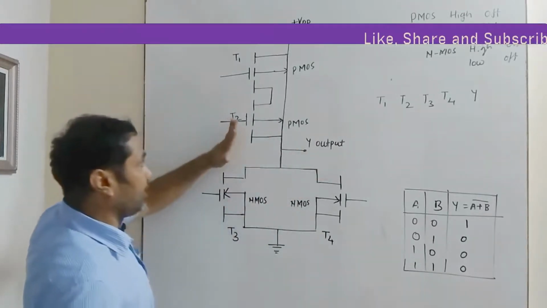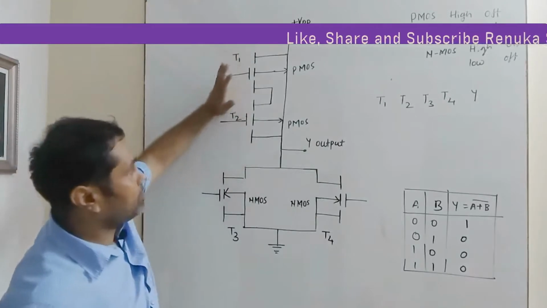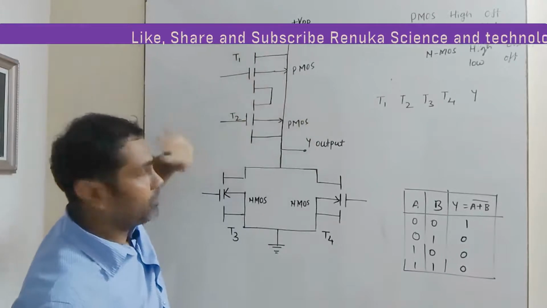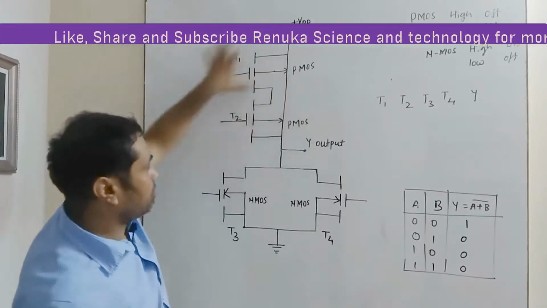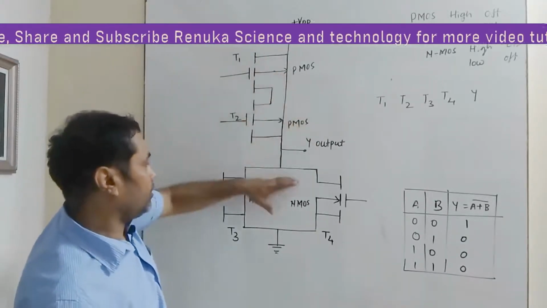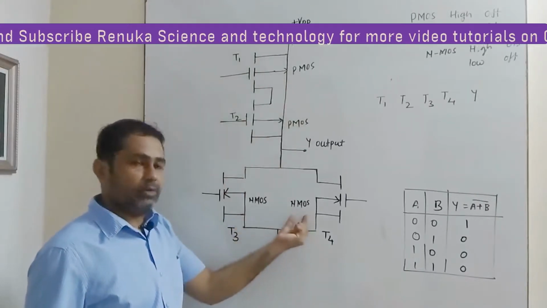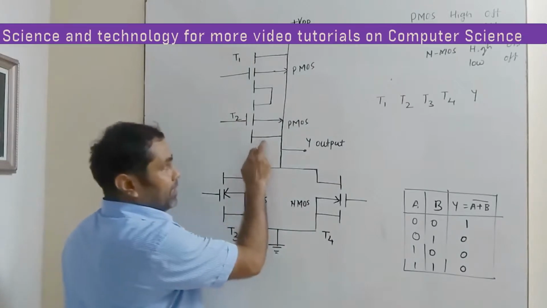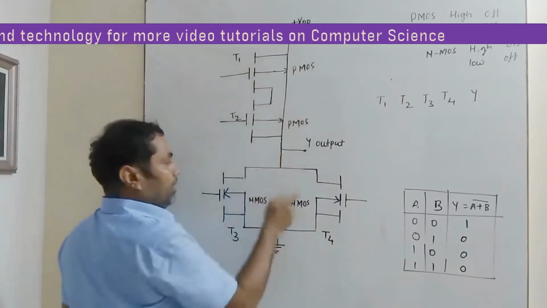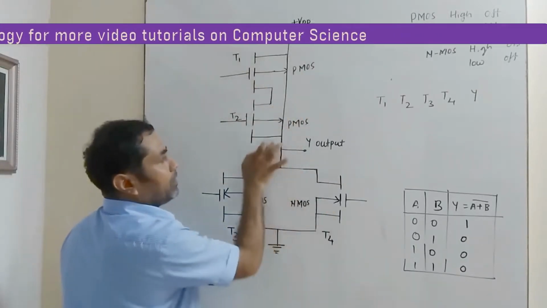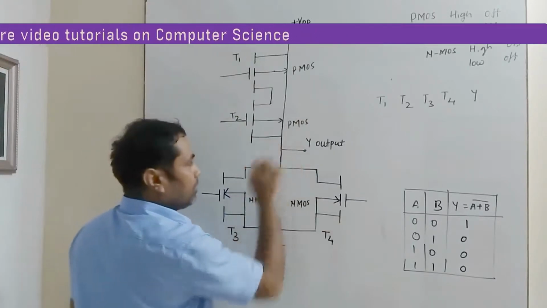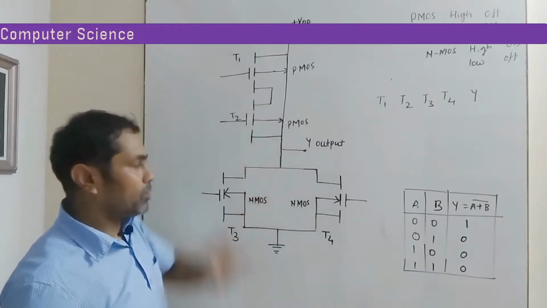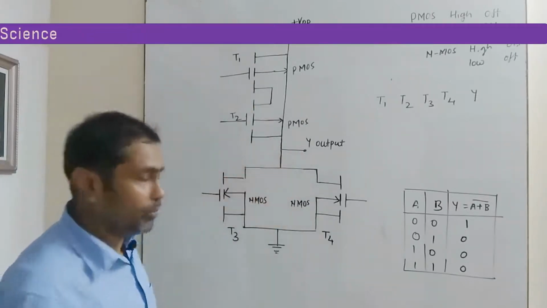The circuit connections are like this: the driver circuit consists of PMOSes, and both the PMOSes are connected in series. Then this series connection of PMOSes is connected to the parallel connection of NMOSes as the loads. Here the drain of the series circuit and the drain of the parallel circuit are taken commonly, and the output is taken across the common drain between the series and parallel connection of PMOSes and NMOSes. So this will be your output.